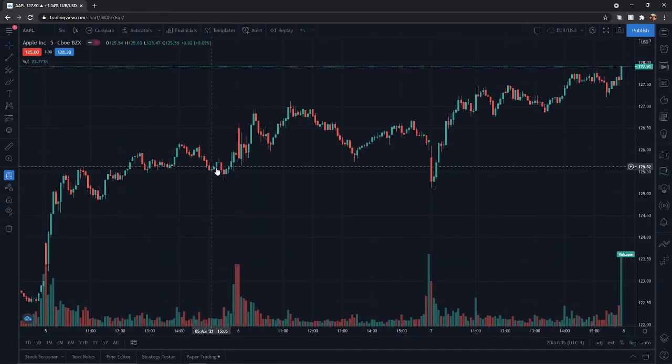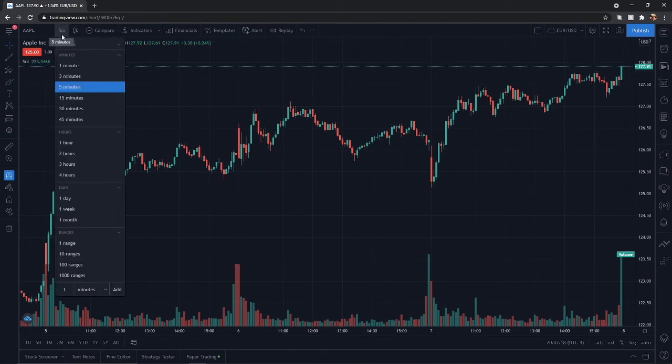Let's take a simple company called Apple. All right, so this is the Apple chart. This is a 5-minute chart. There's a lot going on here, obviously, so we're just going to try and keep it simple. Up here, if you click in, you'll notice that the 5 minutes is highlighted, which means each one of these candlesticks, and we went over that before, represents 5 minutes of time.